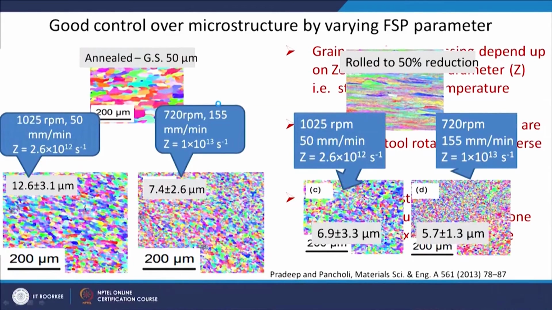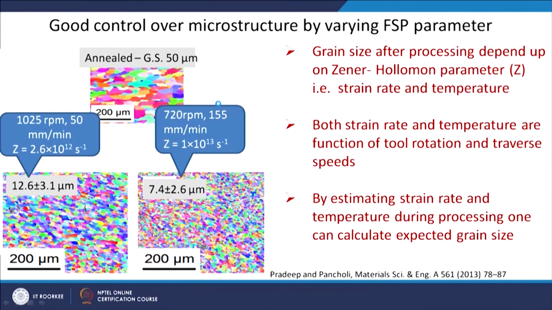Okay. And if you remember, in continuous dynamic recrystallization we said that in a low stacking fault energy material also you can achieve a continuous dynamic recrystallization if the amount of strain is sufficiently high. So, in these SPD processes, because you are able to put a lot of strain in the material, the microstructure which you get has a very high fraction of high angle grain boundary and with considerable refinement in the microstructure. And this is what you can see, the effect on the microstructure.